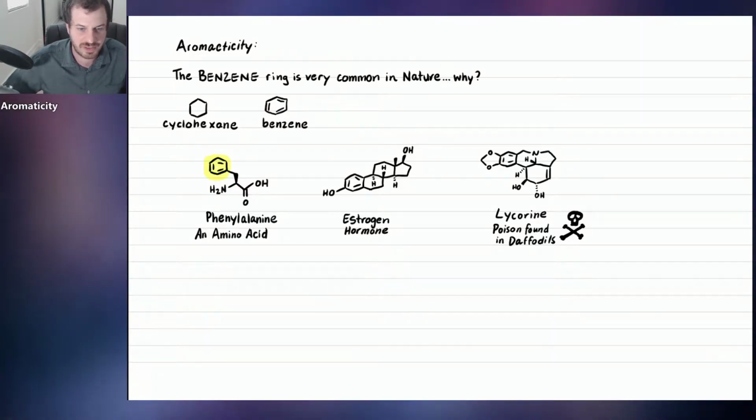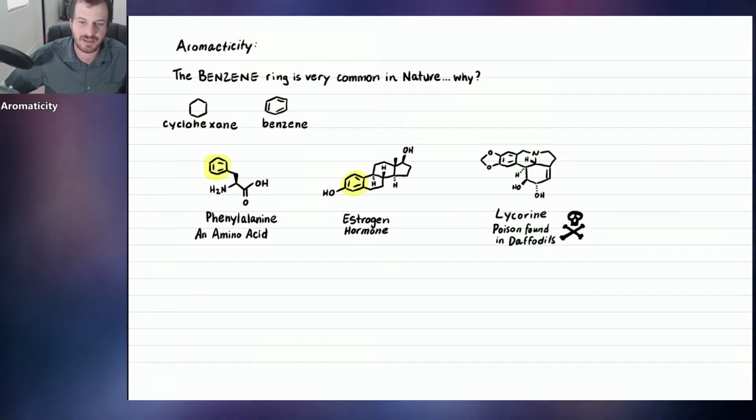Another occurrence of benzene in nature is in the hormone estrogen. Estrogen is a sex hormone, and it's produced predominantly by women. We all know about estrogen, but also did you know that men produce some estrogen as well? So don't feel left out, men. But definitely don't feel left out because there is a benzene ring inside of estrogen. So I think we're all thankful for that.